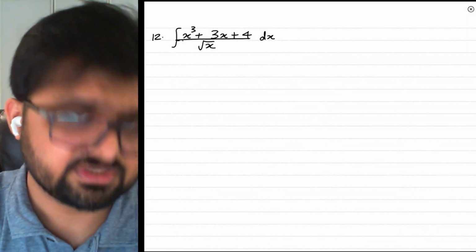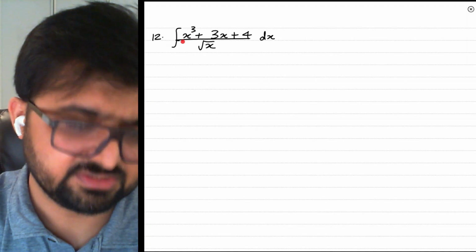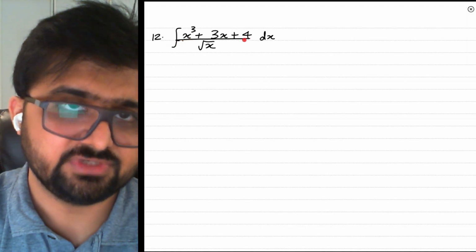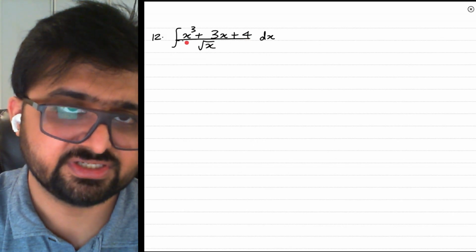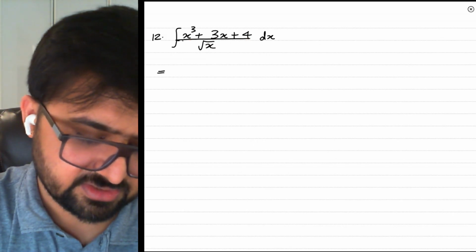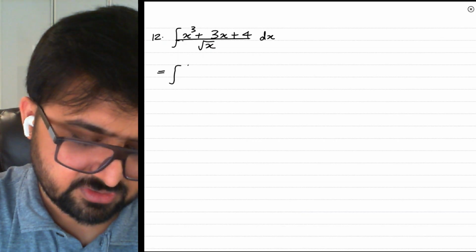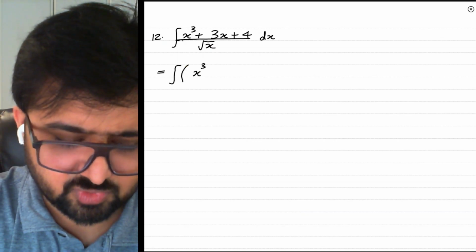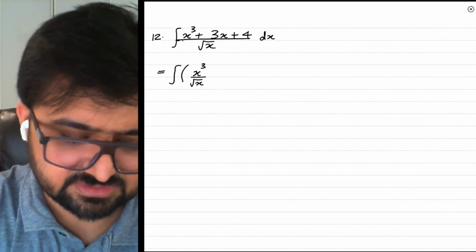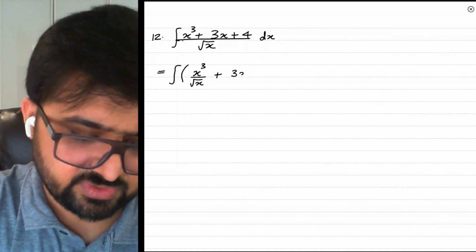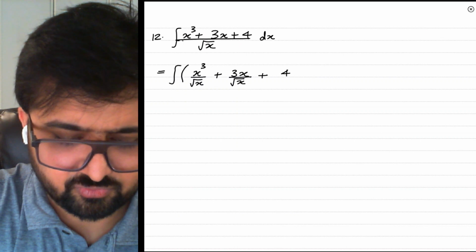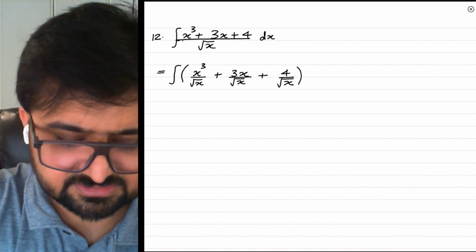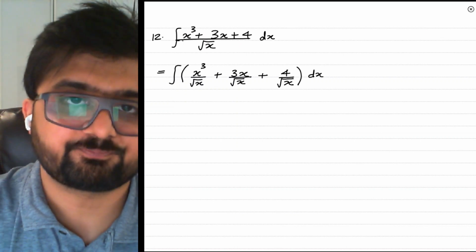All right, now let's look at question number 12. There is again a division here. So we'll use the same technique. We'll split this square root of x in all the three terms. So you get integral of x cube over square root of x plus 3x over square root of x plus 4 over square root of x dx. Okay,